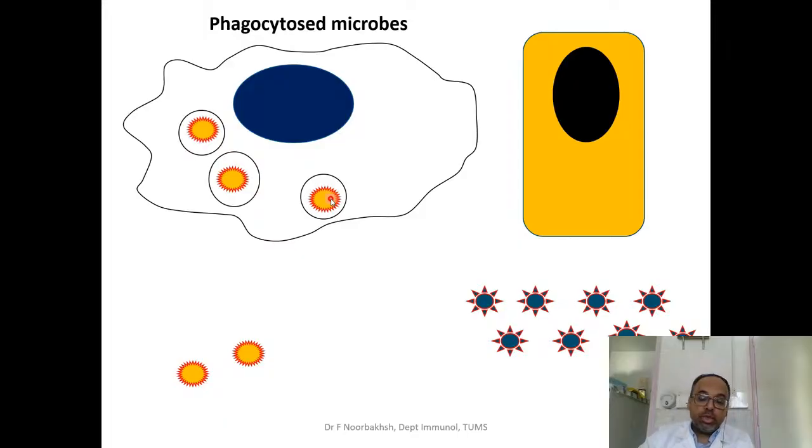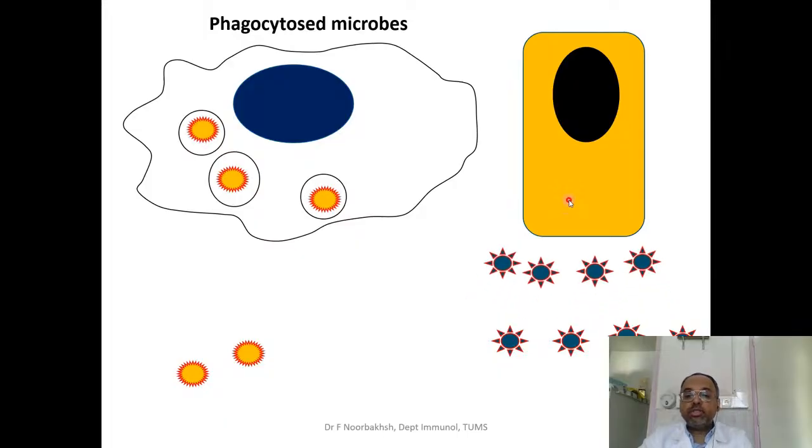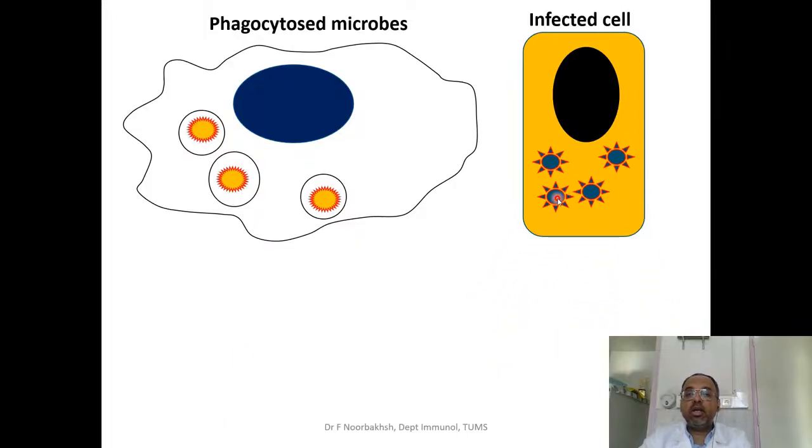So Mycobacterium tuberculosis is an example of an intracellular pathogen. It lives inside cells. On the right-hand side, I have some viruses. Imagine that these are like hepatitis virus that infect liver. And here I have a hepatocyte, a liver cell. So viruses would infect the hepatocyte. They will go inside, they will start proliferating, they kill the hepatocyte, they come out, and they get internalized, or they infect another hepatocyte, and the cycle is repeated until the liver damage happens. So this is another example of an intracellular pathogen.